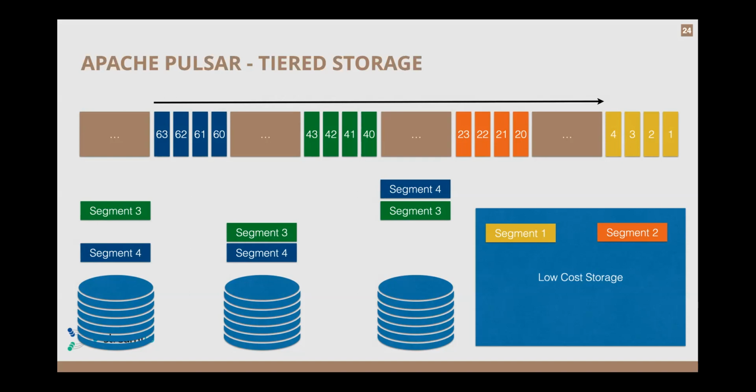With our solution, you don't even need an additional bookie or broker. You can simply read the data directly off of that S3 storage, because it's just a pointer. So within Pulsar, the brokers connect to the bookies over a network connection. There's no difference between that and connecting to an S3 reader. We just connect over to that data and read the data directly. There's no additional hardware cost to do this. So it's a nice solution, allows you to truly have infinite data retention within your messaging system, which is useful if you're going to use it for event sourcing, or use it as your true message system of record, for example.